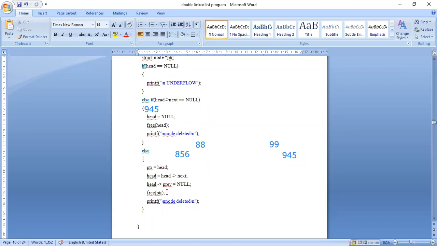Next, free of PTR. We will free the PTR value. Free of PTR means the first node will be deleted, the first node will be deallocated. In PTR, the first node address was stored. So free PTR means the memory allocated and represented by PTR, that is nothing but the first node, will be deallocated.